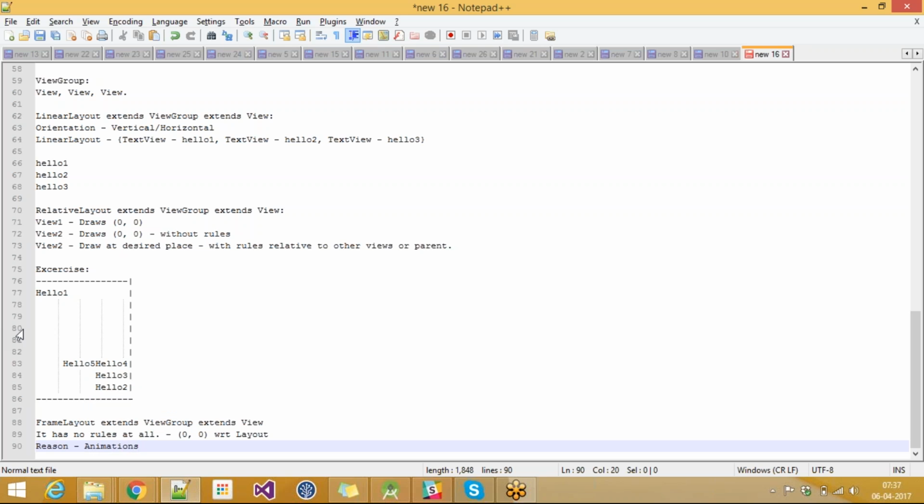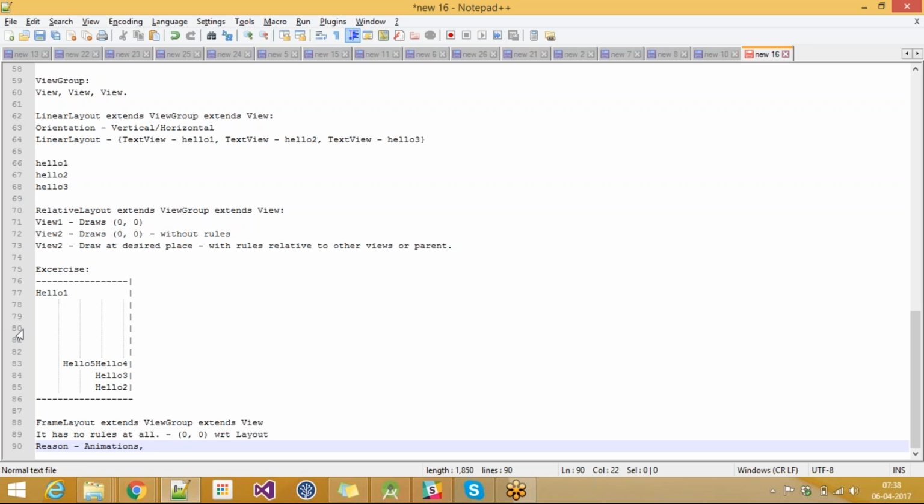when we want to show two frames, as in animations, if you are aware of the concept of frames, we'll put one view, and then since the next view also starts from 0, 0, you can take the first view out of the layout and put the second view. So that way animations work. If you go into the animation examples, you'll understand how the frame layout works. But the first reason is that it is very helpful with respect to animations,